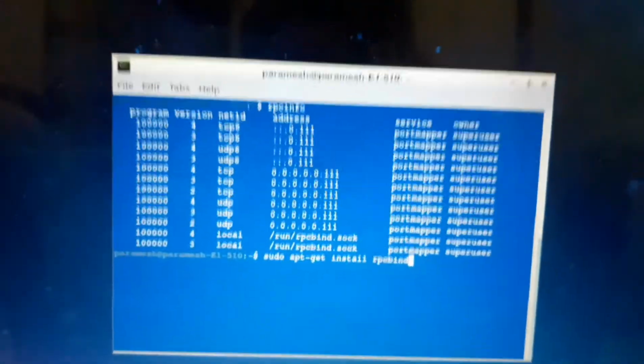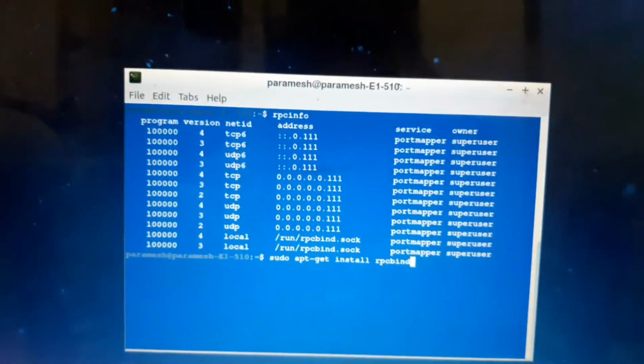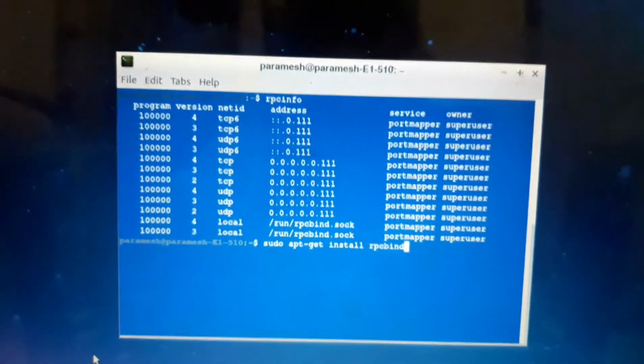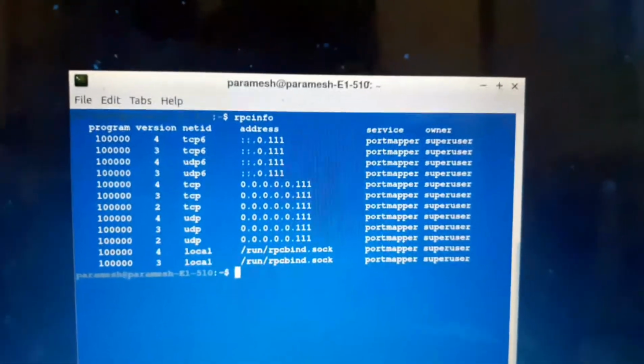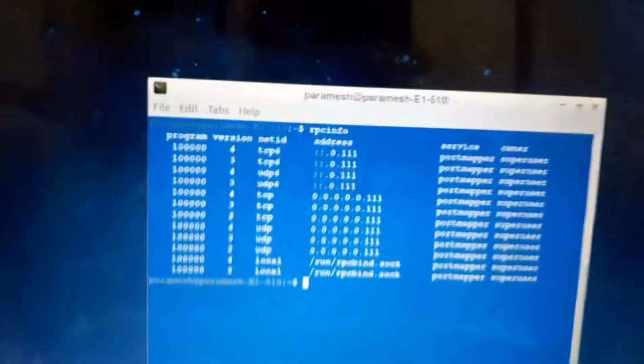After entering this, it will load and download the packages in your Linux. After that, you have to again execute this rpcinfo command, then you will get this info. Before, I had downloaded this, so I got this information.